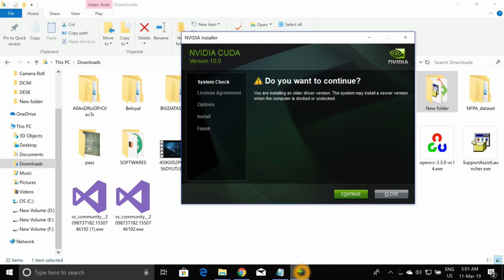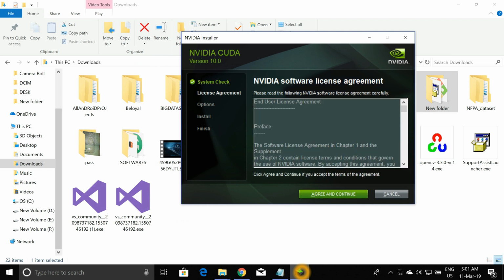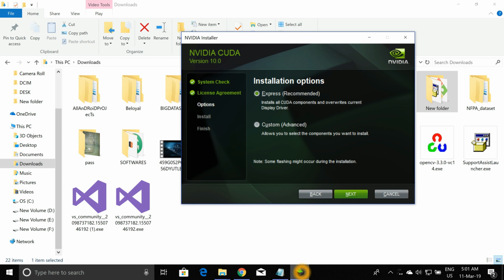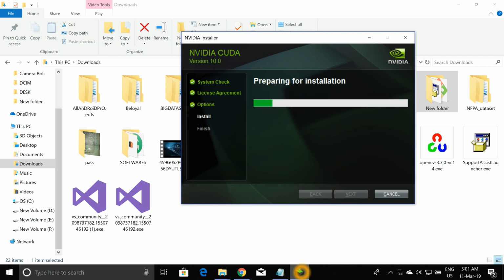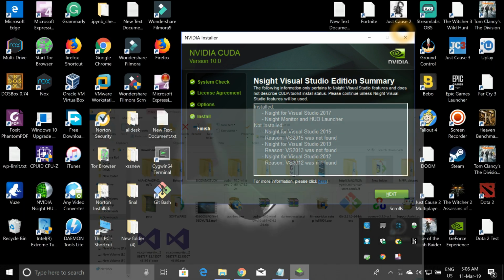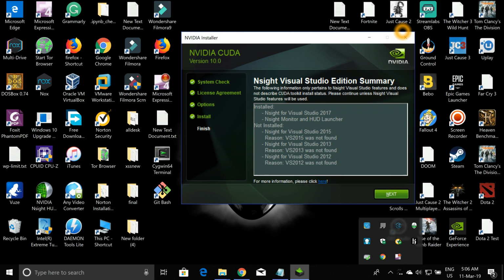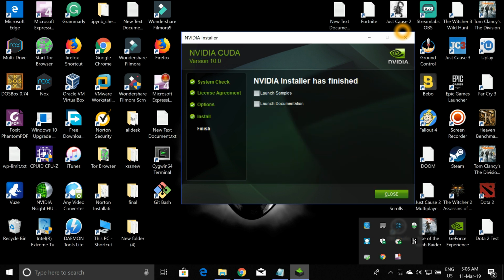Okay, so if you're installing an older driver version, it will ask you for this. Just click on continue, agree and continue, and choose express or choose custom, and you can choose all the components. Express will automatically choose all the CUDA components, so it's good. Next. Okay, so CUDA has been installed. Click on next